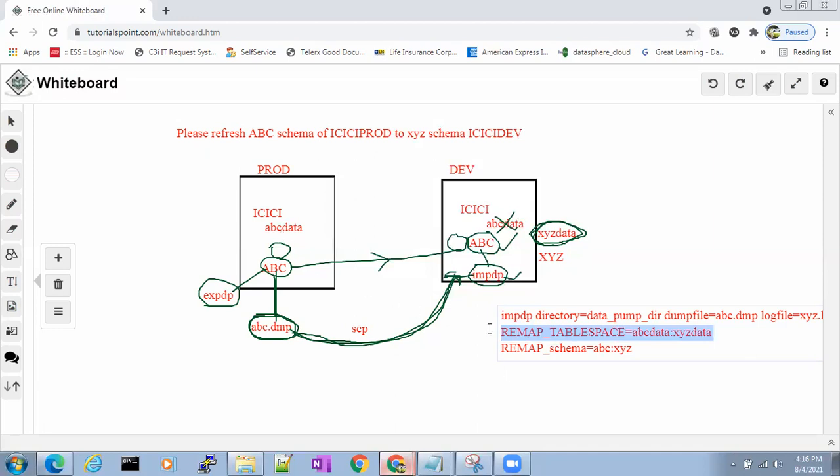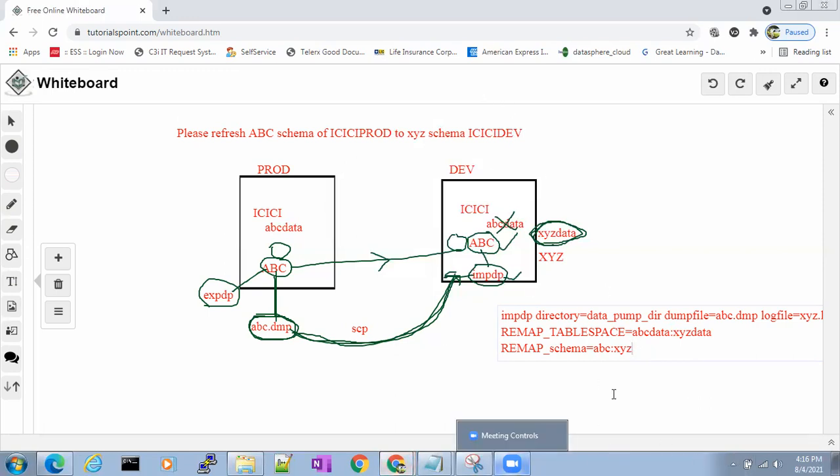It was ABC data in the dump that you have taken; in that dump, it is using the ABC data tablespace. Here you map it to the XYZ data tablespace. That is what you are mentioning by this option. And by this option, you are saying: whatever dump you are using for import has an export of ABC user. So you are importing into XYZ user, so please remap the schema. There it was ABC, please remap it to XYZ. This is what you will tell. Understood what I mean to say? Remap tablespace and remap schema. Everyone clear? Yes, yes.